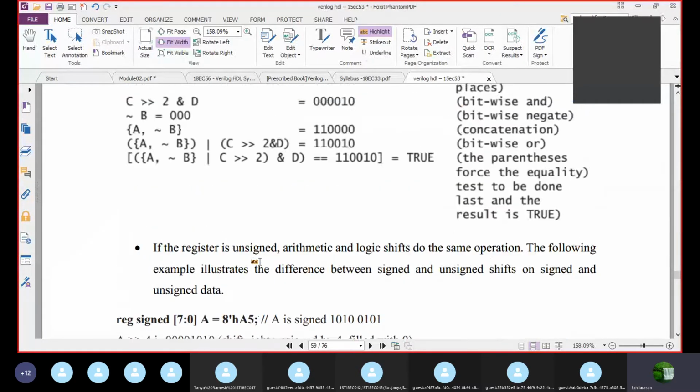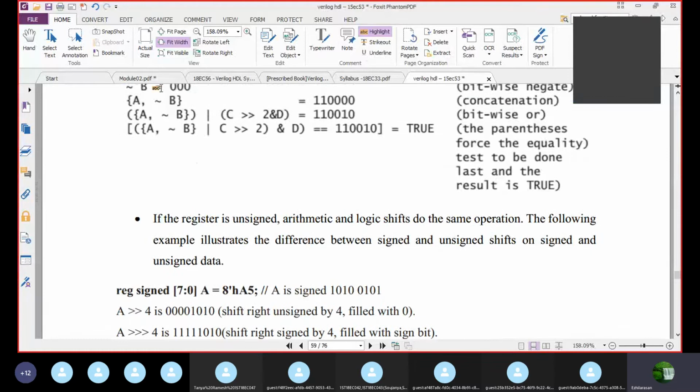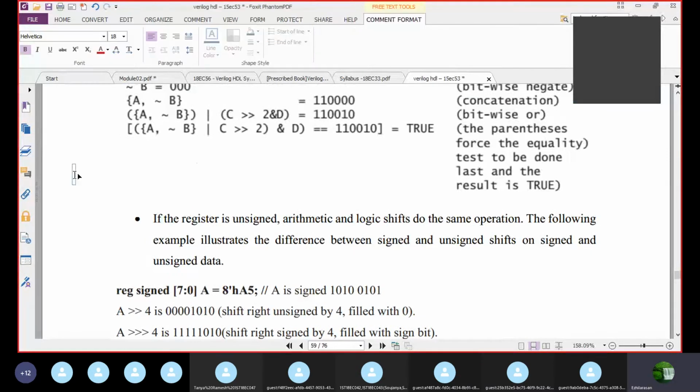They may give the computation like this. The question is given like this. Compute. See, this is the question.